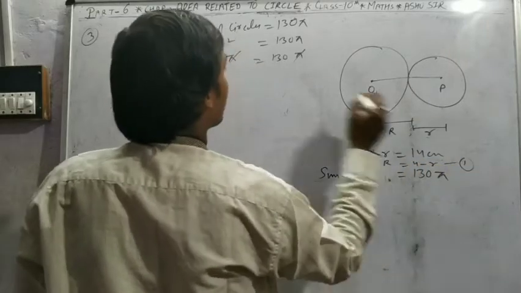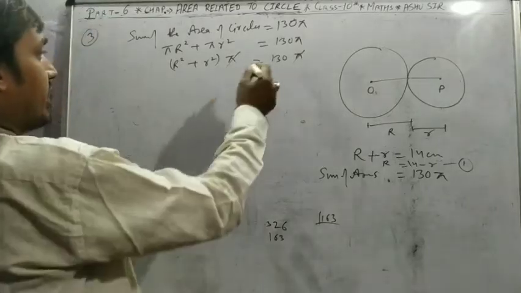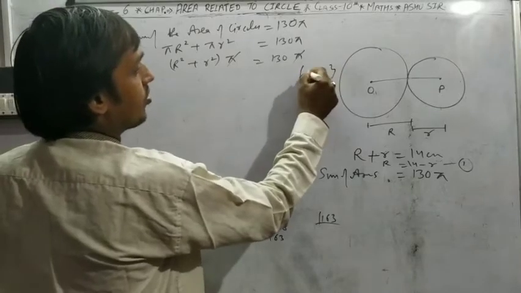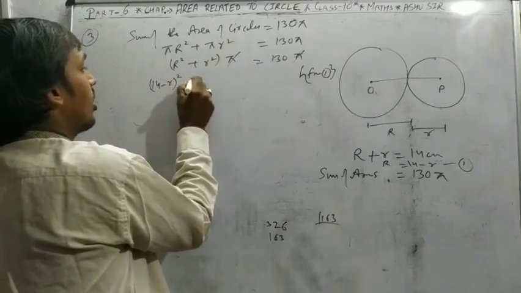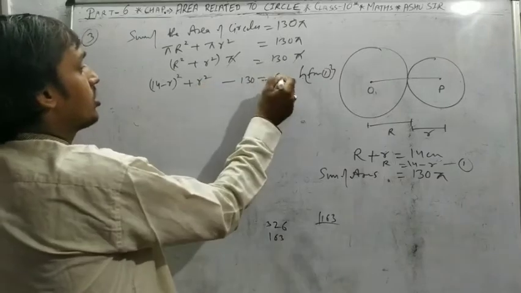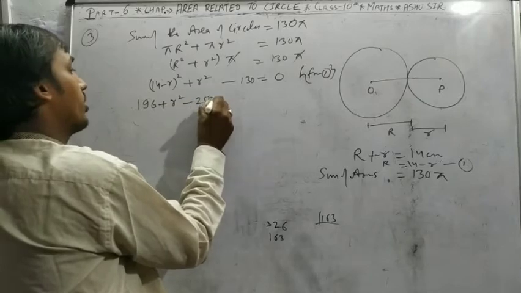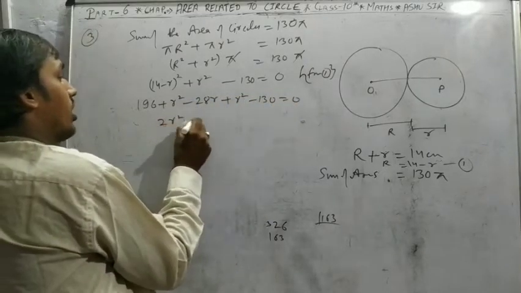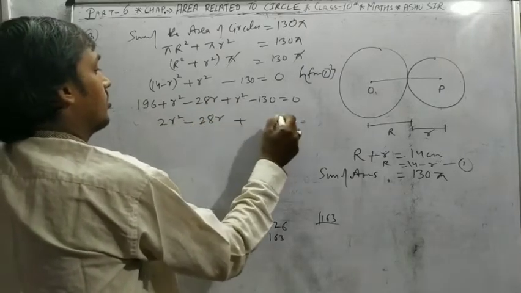Capital R is 14 minus r. So pi cancels, then put the value of capital R from the first equation: 14 minus r whole square plus r square equals 130. Send 130 to the opposite side, minus 130, that is 0. Using a square plus b square minus 2ab, we get 2r square minus 28r plus